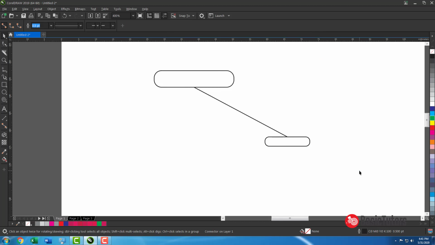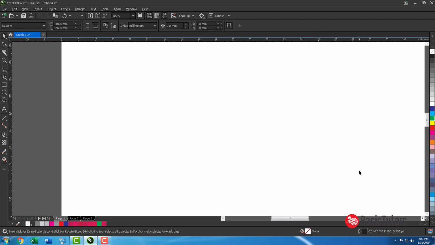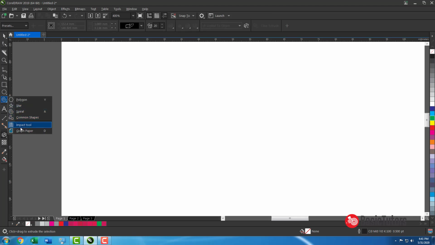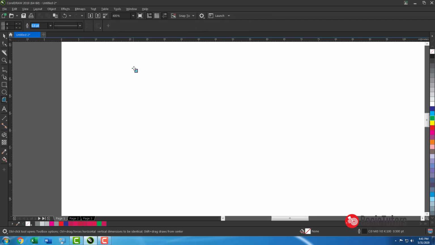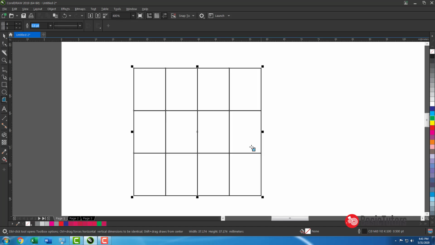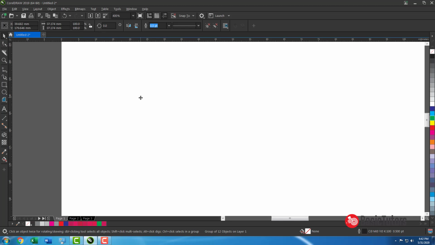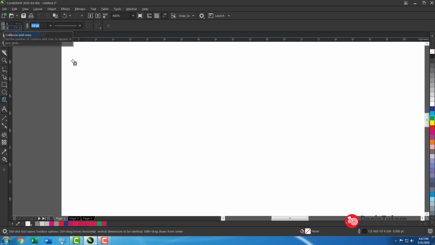Okay, the next tool will be the graph paper tool. We may draw a graph paper. A graph paper is nothing but rows and columns of objects. Like I need 5 rows into 5 columns.